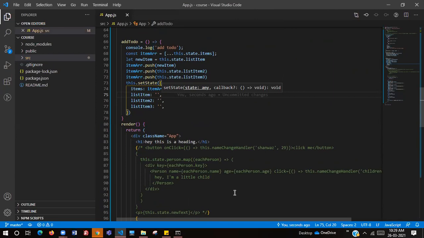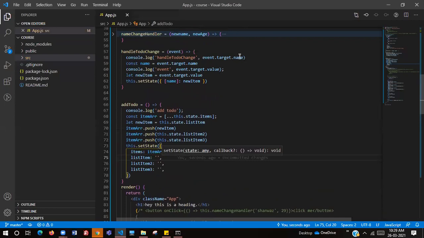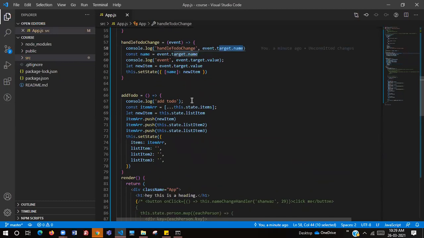I just wanted to show you how it is going when we type. So just console log the name that we are using and update them accordingly. And when we click on add to do, we just push all those items.